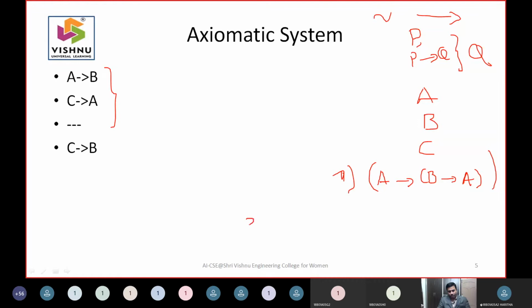The second rule is very simple. If you remember, A to B to C was there. If this is valid, A to B implies A to C is also a valid fact.